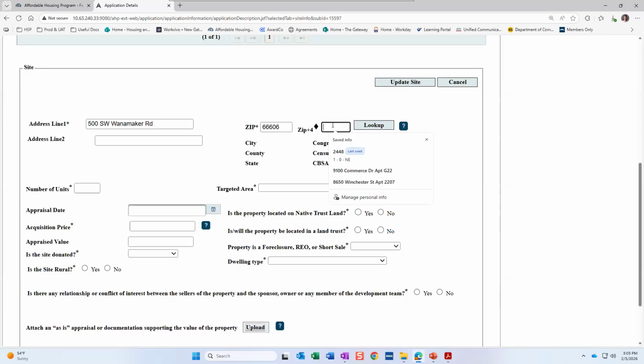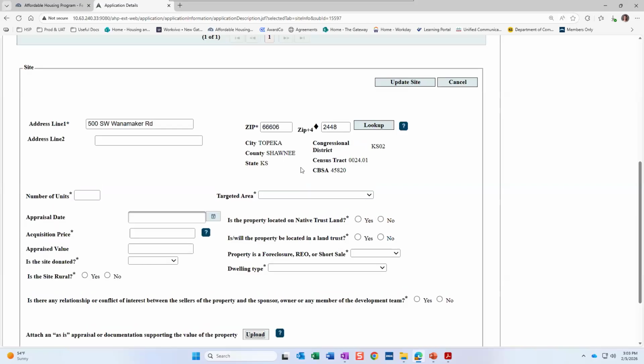So for this, I do know for the property here, it's 2448. Again, though, I know that's a pretty uncommon piece of information to know. So go ahead, grab the United States Postal Service website. They have an address lookup tool that will help you figure out what that +4 is. Now, once you've entered that information, you'll click Look Up, and it will automatically populate the city, county, state, all that good stuff. So you do not need to enter the city and county and all that in address line 2. Address line 2 is strictly just if there's an apartment number, a condo number, whatever that may be. All the state and all that populate over here.